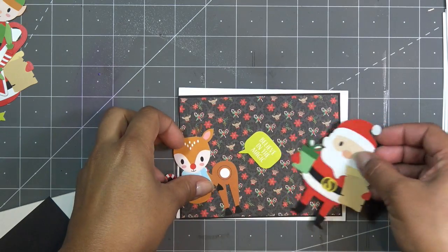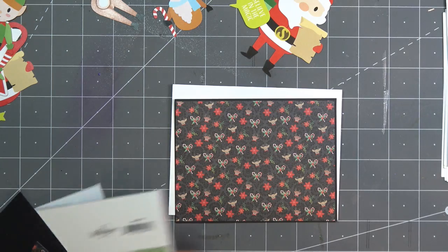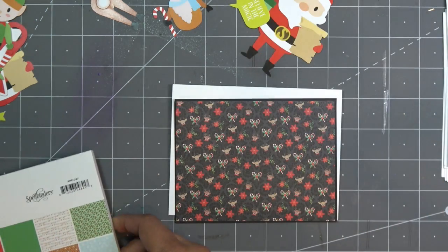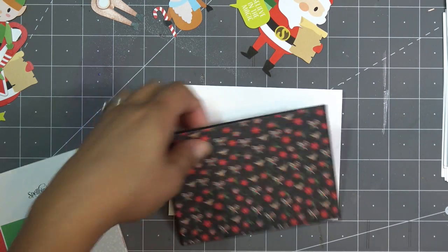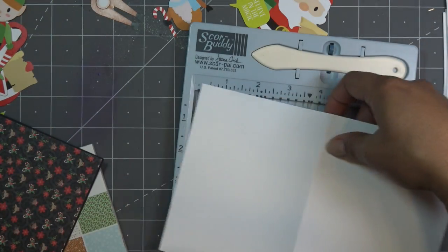Okay guys, so I have a little idea. We're going to do something like this. I'm just going to put these to the side for now. And I went ahead and got my Dancing Santa paper pad, which is adorable, to do some matting and layering. And I do want to do like an easel card. So I'm going to take our base here. I'll give you those numbers in just a minute. But I'm going to take the base of the card and just score it